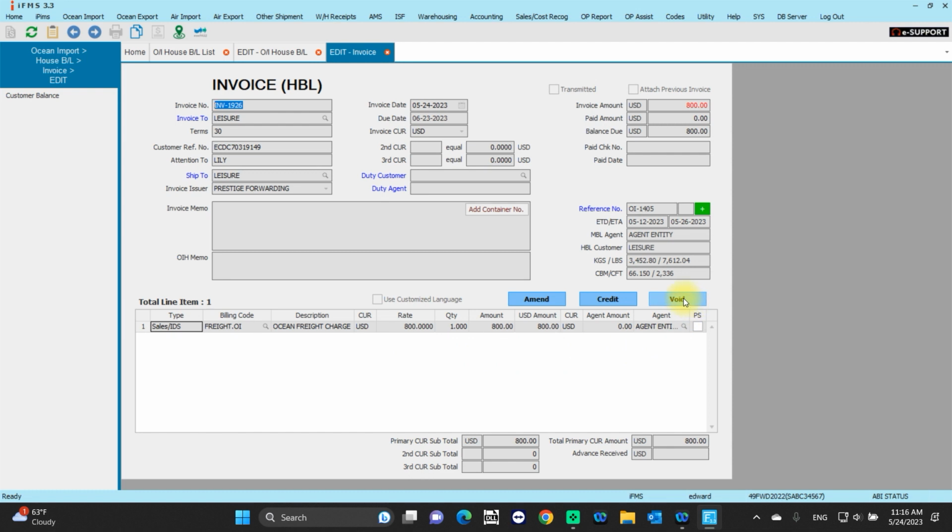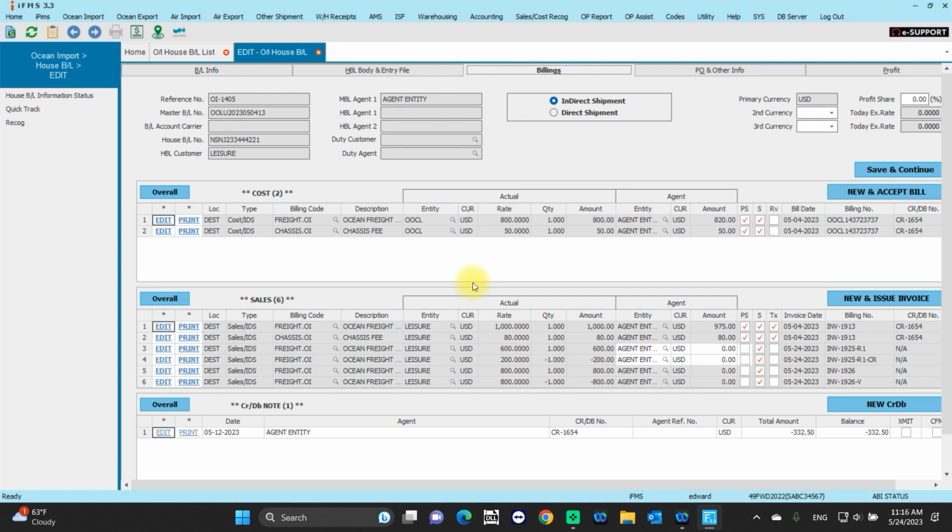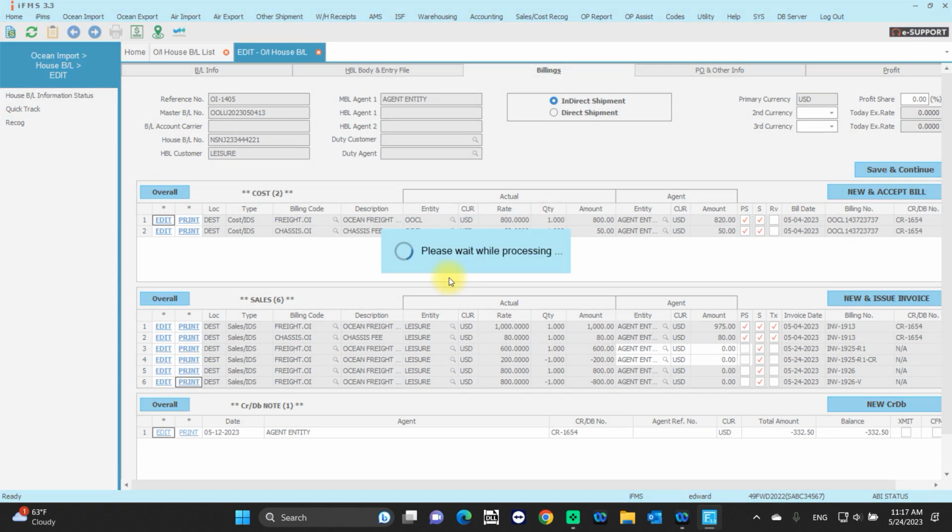So void essentially acts as a deletion, except we're not actually deleting anything because we want to keep the record of the charge. So I'll show you what that means. Let's void it. So now you see we still have this 800 charge, but now we have a negative $800 charge to balance it out. So if we go ahead and print,